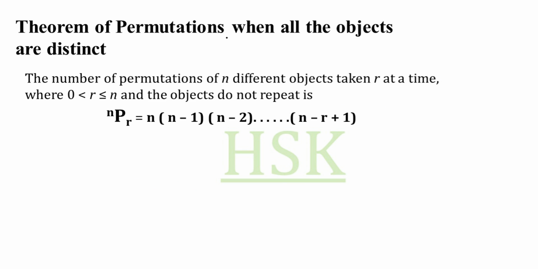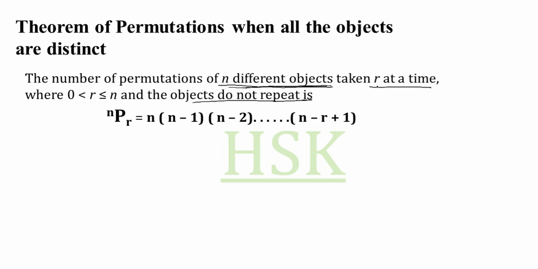Theorem of permutations when all objects are distinct. So this theorem is regarding the permutation when all the objects which are given to us are distinct. No object is repeated. So this theorem states that the number of permutations of n different objects, okay, we have n different objects, so the objects do not repeat,